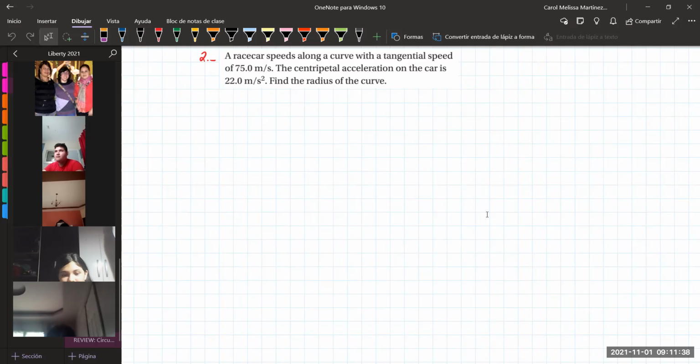So, they're giving me a tangential speed of 75. They're giving me a centripetal acceleration of 22 meters per second square, and then it says find the radius of the curve. So I need to list the givens. Okay. My givens are,